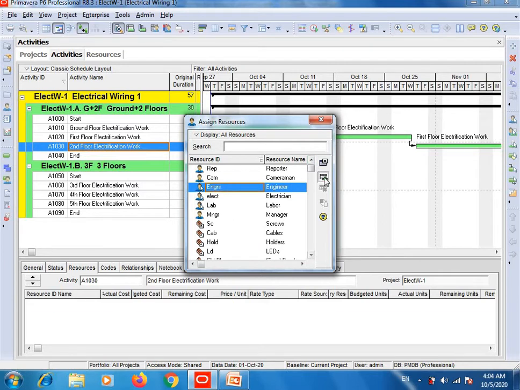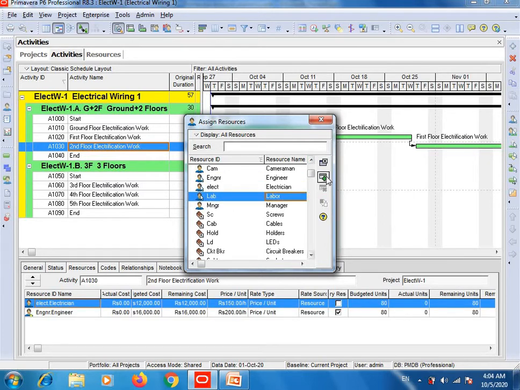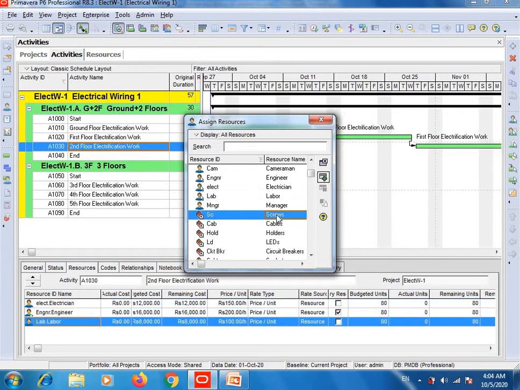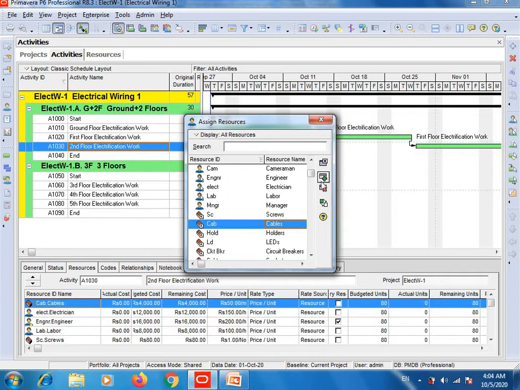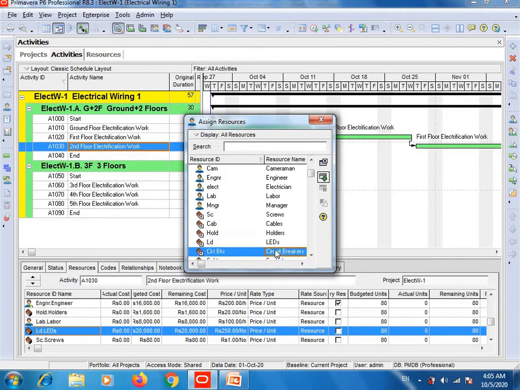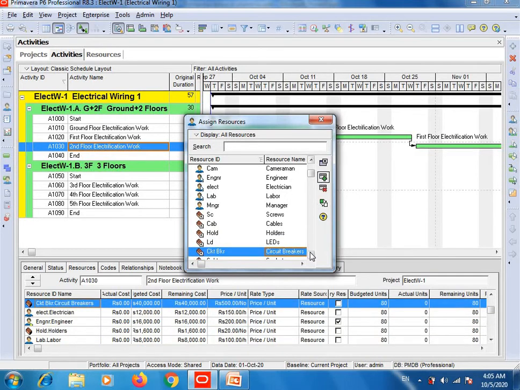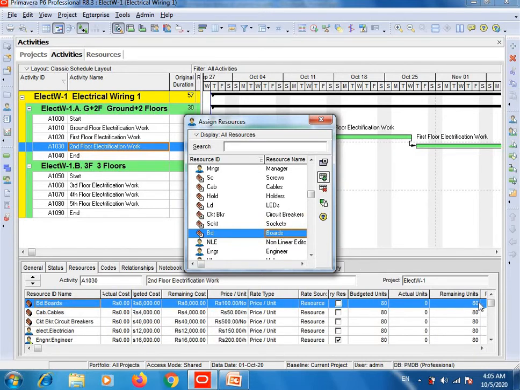Engineer, electrician, labor, material, cables, screws, holders, LEDs, circuit breakers, sockets, boards.